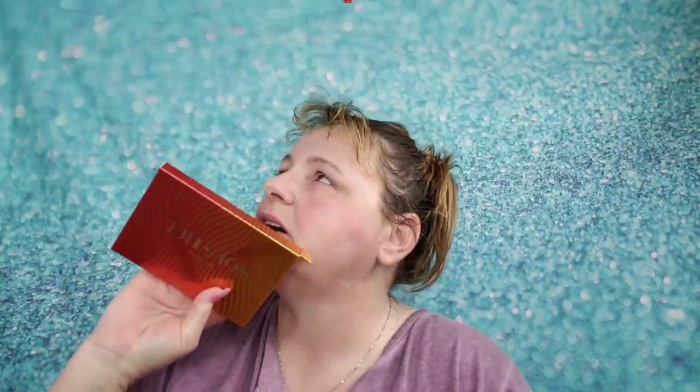This is the Aurora palette, which I believe is the Prism palette. I wanted to get two of them that I did have. I'm going to do one eye and one eye when I do that. The Solstice palette, which is a copy of the Natasha Denona Sunset palette, and Divine, which I am so thrilled for, is a dupe of the new palette from Urban Decay, Born to Run, which I wanted to get, but money has been so